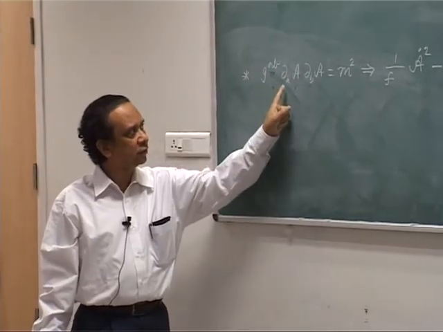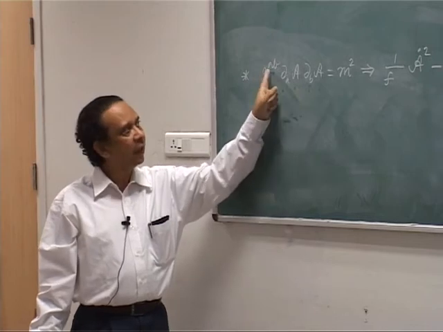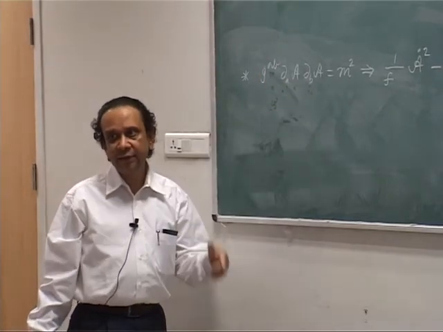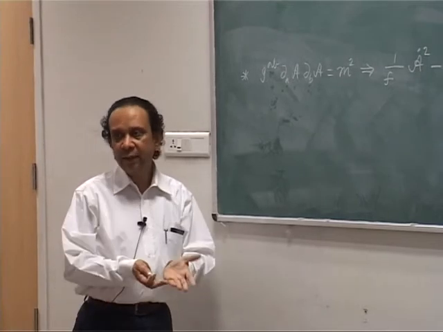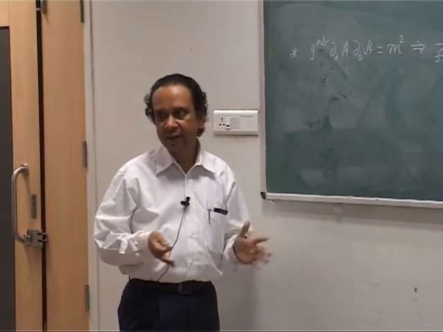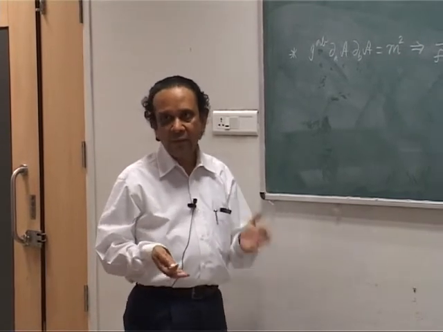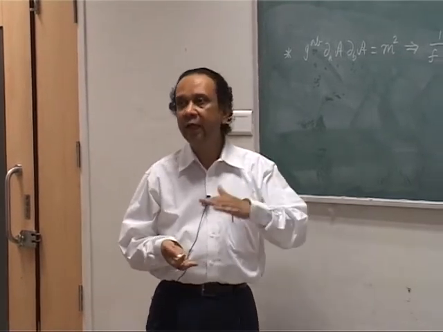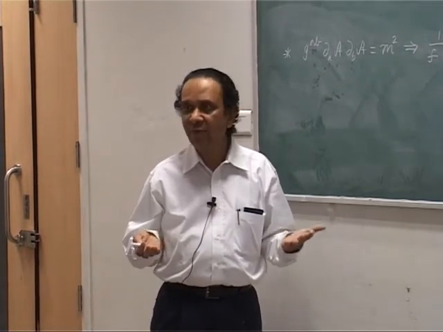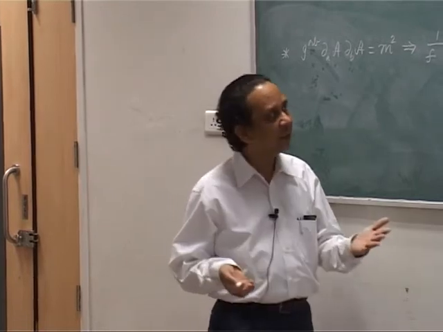This is g00 here, g rr here, then I have a g theta theta and g phi phi. We will assume that the motion takes place in a plane. There is a very complicated way of proving it, but it is a reasonable assumption. So, we will make that assumption, and we will take the plane as usual to be theta equals pi by 2. Okay. So, you have only the phi term to worry about,